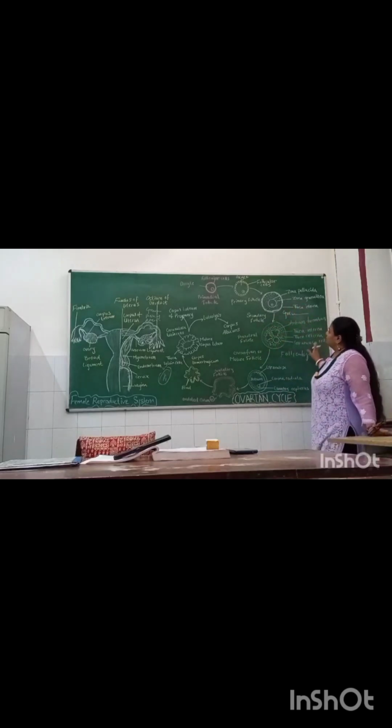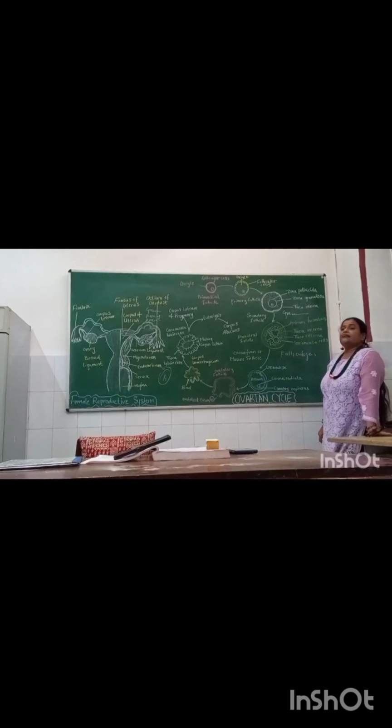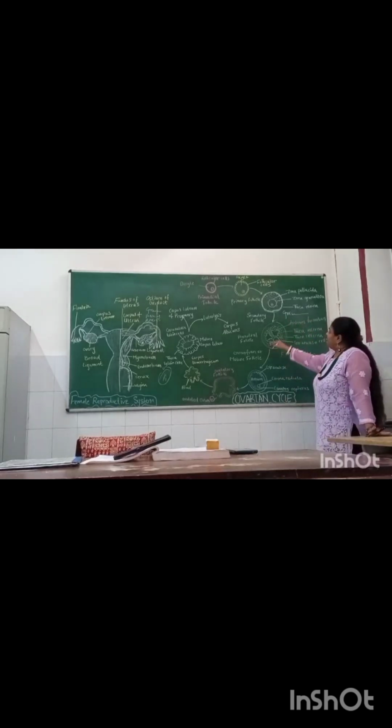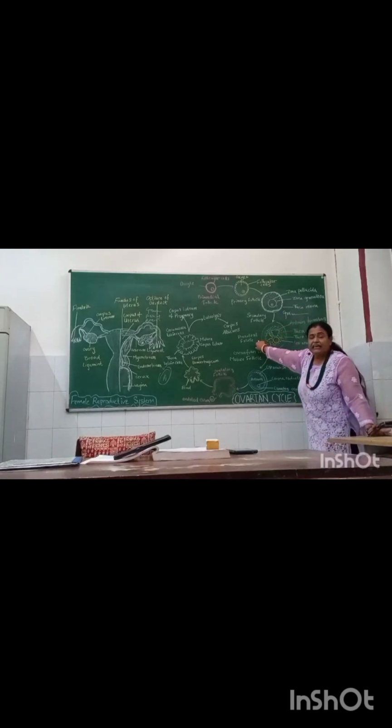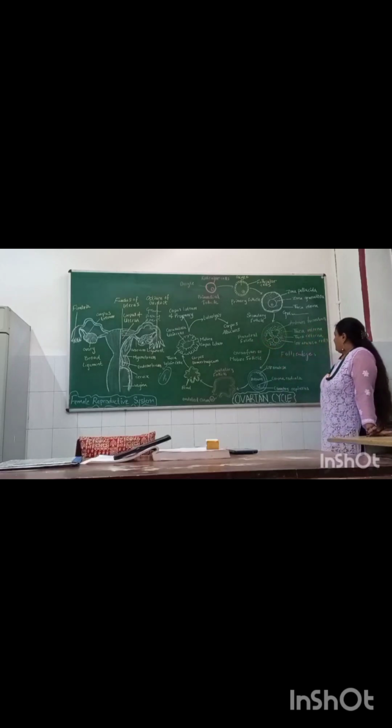Then there is still growth of these granulosa cells. These are the granulosa cells which keep on growing, so that the size, shape and structure of the follicle also varies. And there appears a cavity. That cavity is called antrum. And antrum formation leads to this secondary follicle becoming a preantral follicle. Still there is a growth of the granulosa cells. And there is